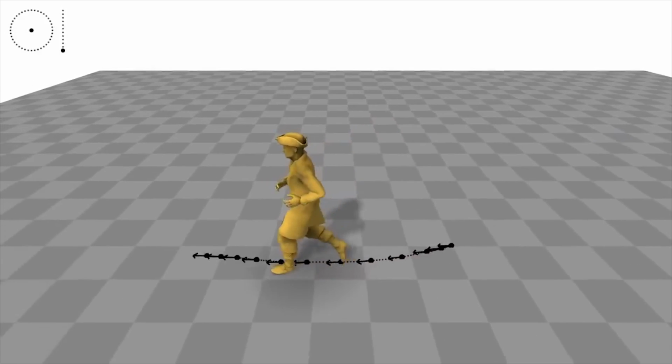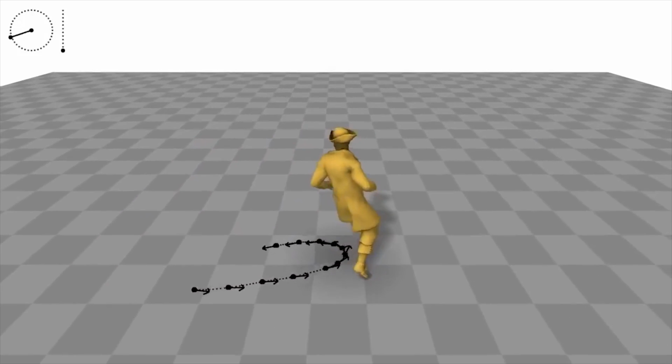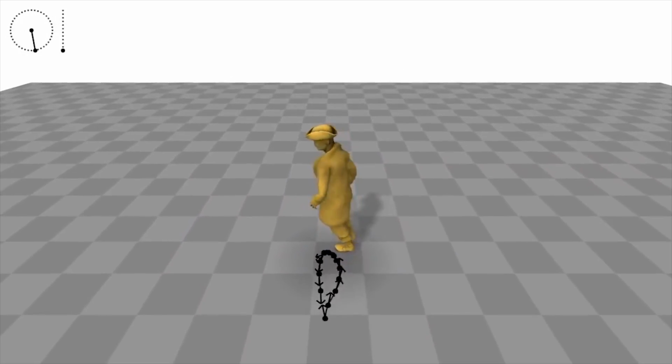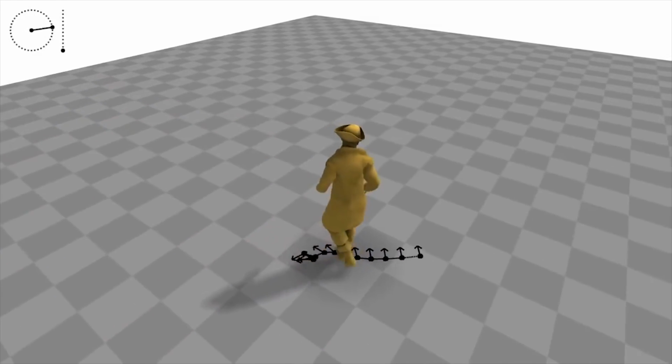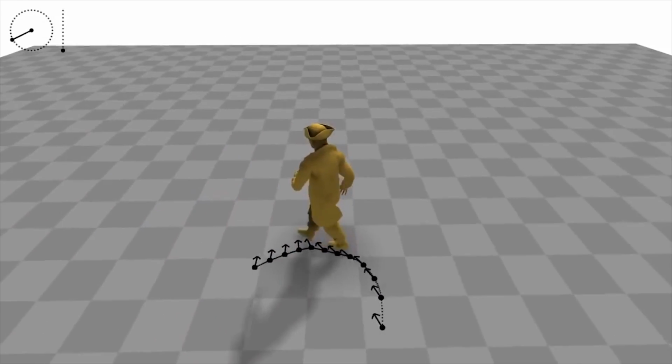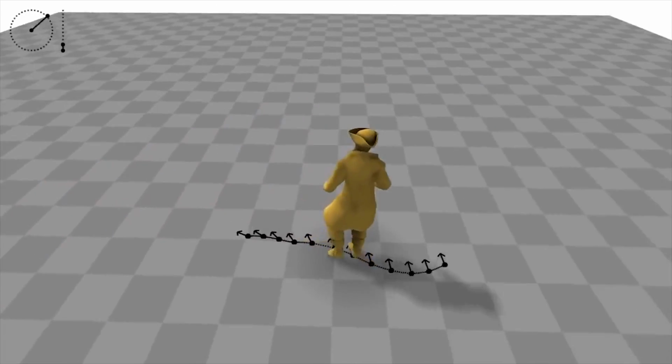Here we show our character performing locomotion in a planar environment. The future trajectory, direction, and speed can be adjusted by the user using a gamepad. By changing the facing direction to match the camera direction, we can also produce sidestepping and walking backwards.